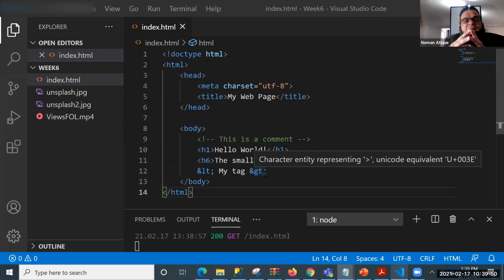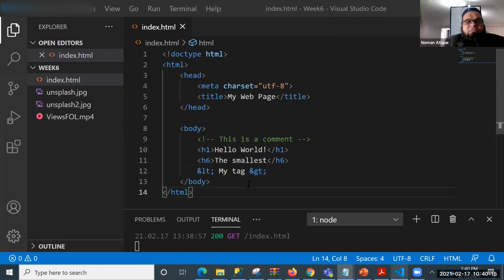Why? In the beginning I said that we are learning three technologies here: JavaScript, HTML, and CSS. We are going to discuss CSS shortly in the coming weeks. CSS will handle all the design-related issues: what will be the color of the fonts, how the different sections of the document will look, what color scheme I will use. Everything of that sort will be discussed in CSS.